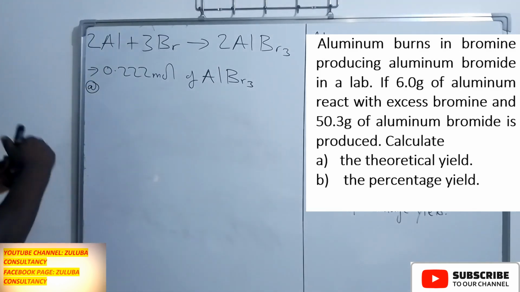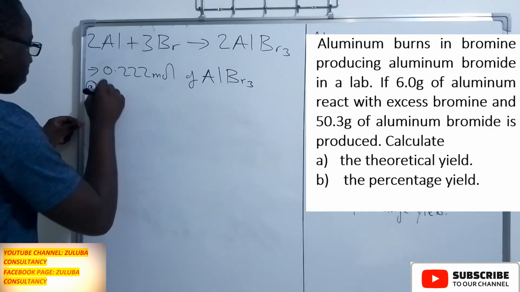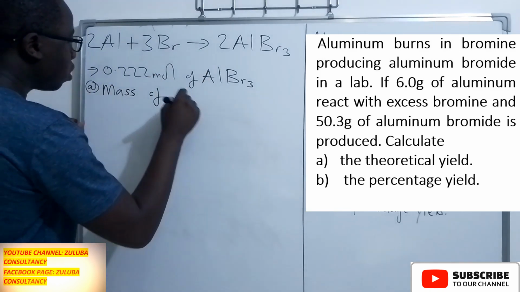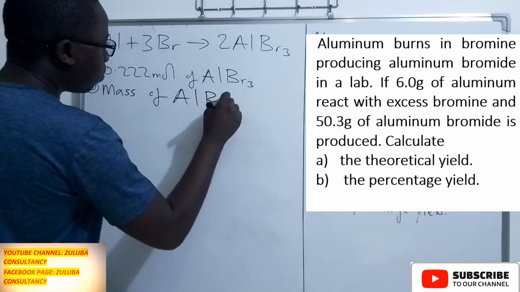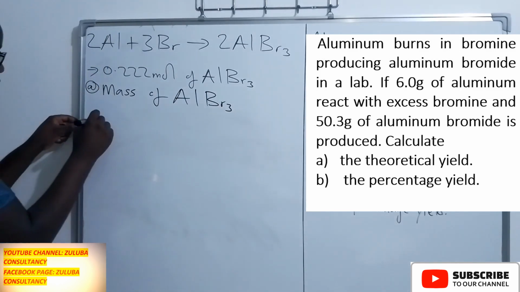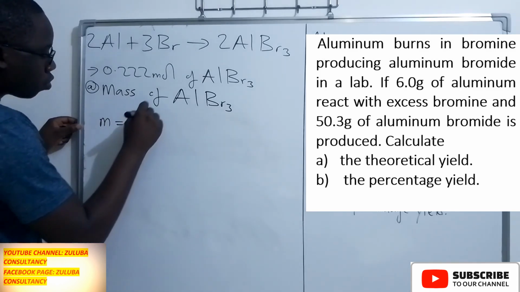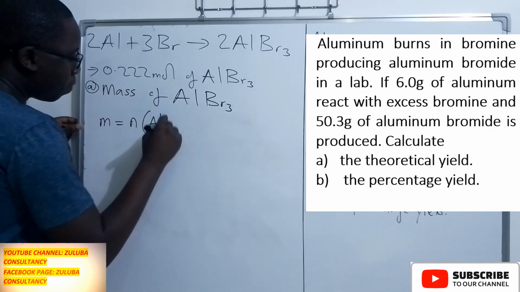So let's see what we will do there to calculate the mass, which is basically the theoretical yield of aluminium bromide. We know that the mass, which is M, is equal to the number of moles of aluminium bromide